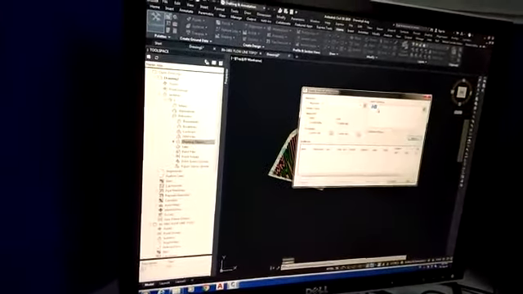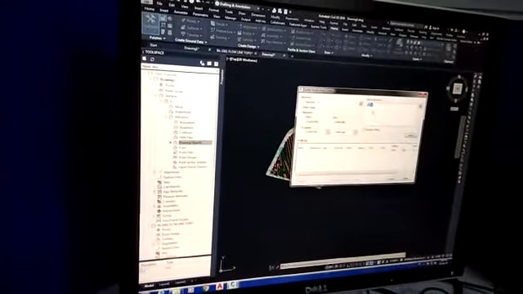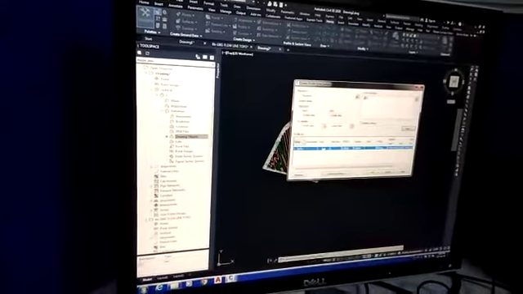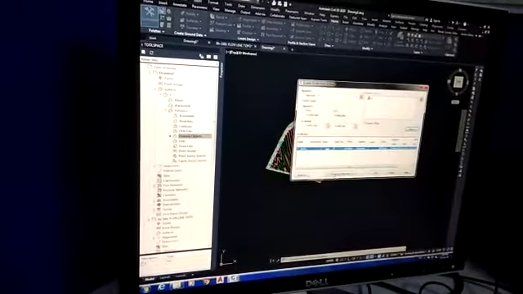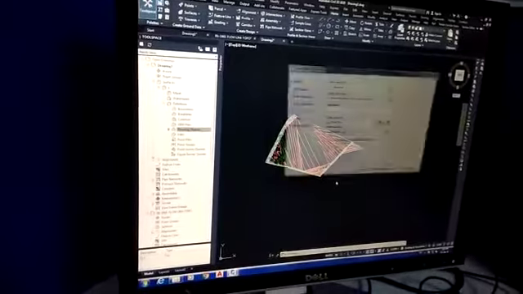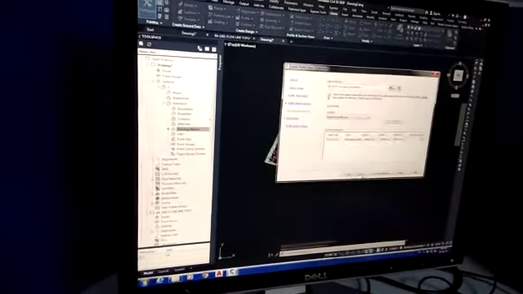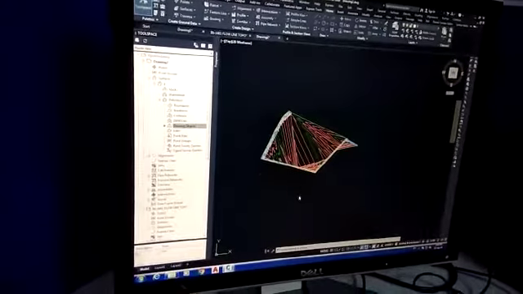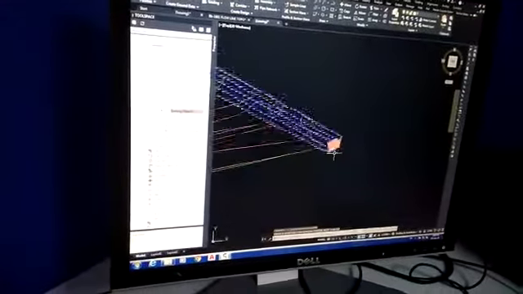Now whatever the name we have given, the name we have to add in the profile list. We have selected the name here. I'm adding into profile list, added, and after selecting this profile list, I'm going to draw in profile view. We have to enter next, and we are going to create profile view. We are creating the profile view, and the profile view is completed for this well.